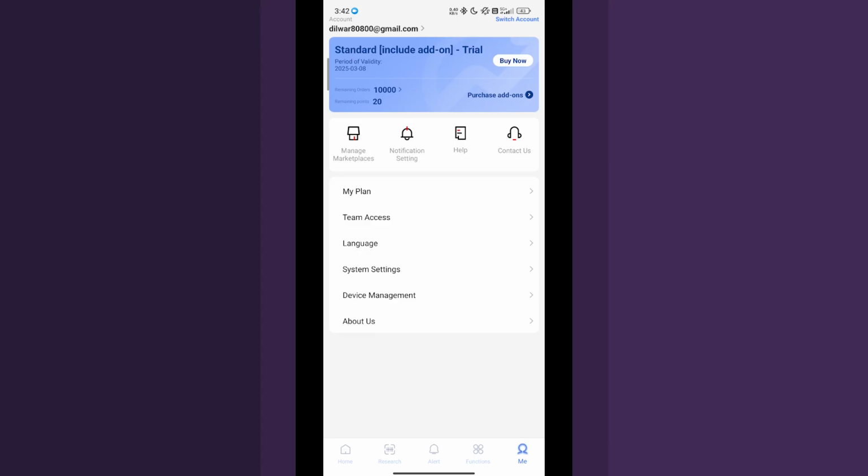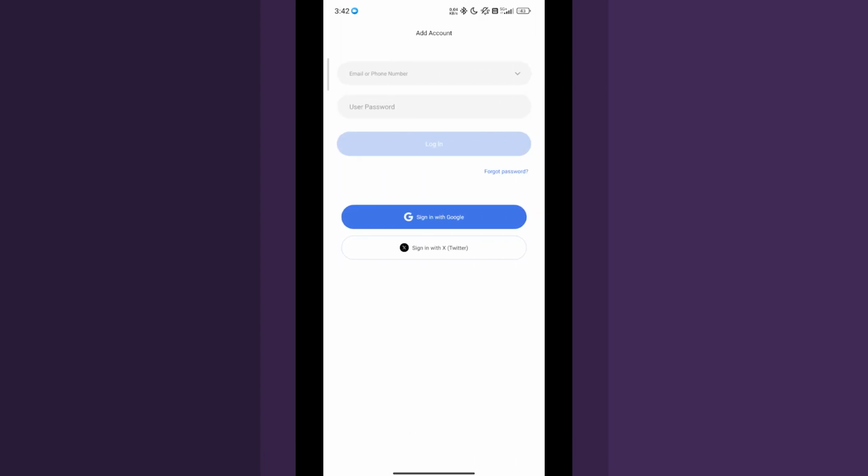So when we reach here, we can see the switch account option on the top right corner. So just tap on the switch account option. And in the bottom here we can see the add account option. Just tap on it. So when you tap on it, here we can see the email or phone number right